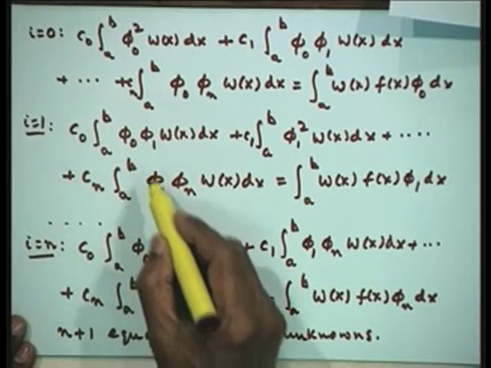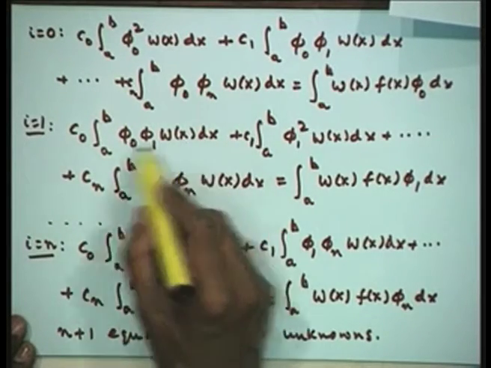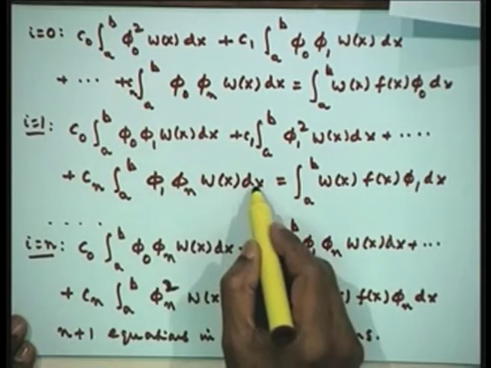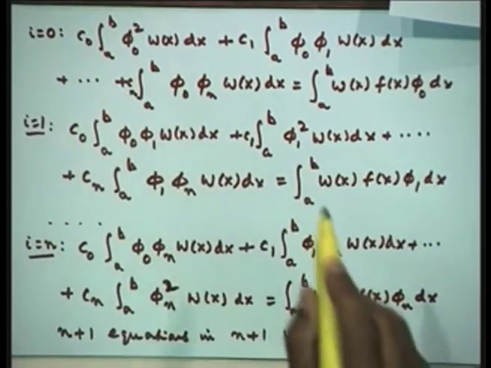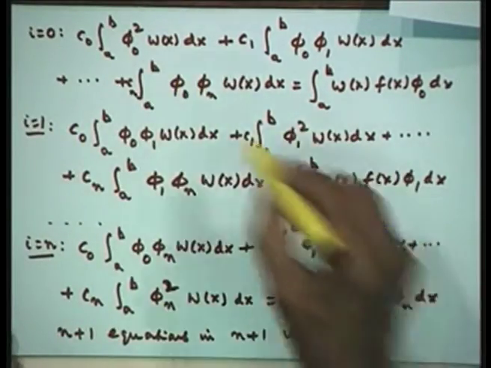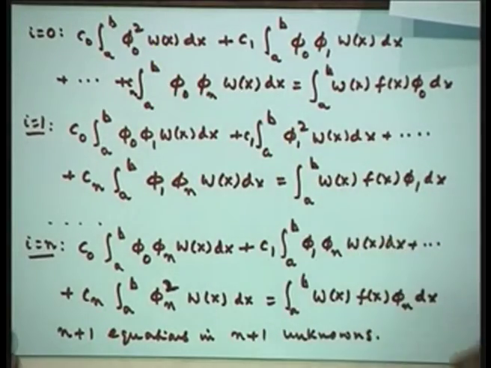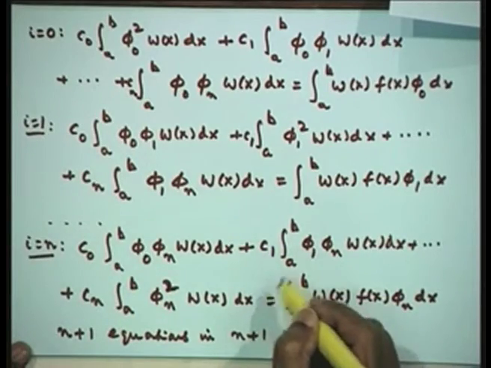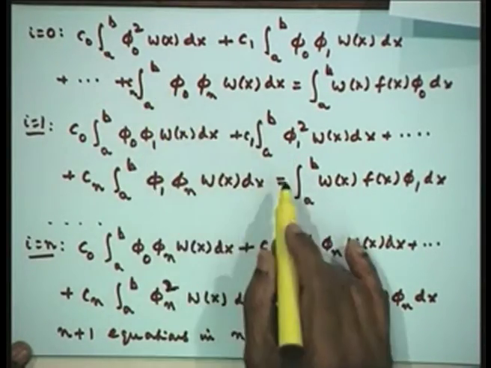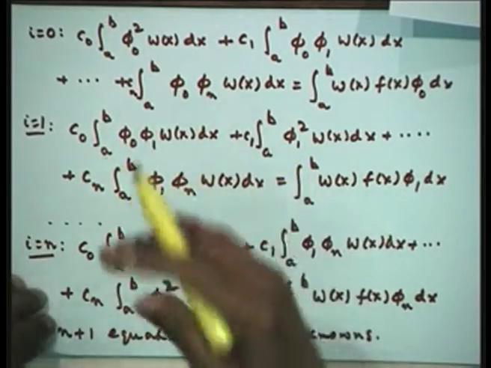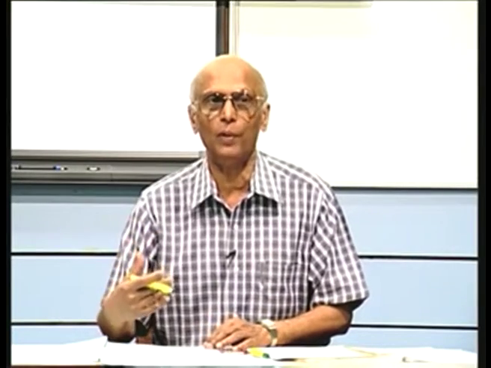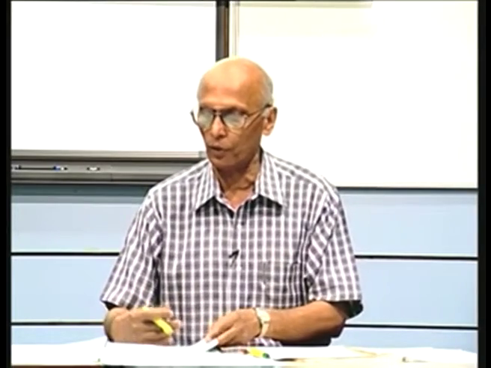Go to the next equation. By definition again, phi 0 phi 1 w x integral is 0, this integral vanishes. Therefore, if you look at this as your matrix, except for the diagonal elements, all the off-diagonal elements are going to be 0 because of the orthogonal property. Therefore, I can immediately determine my C i's without solving a system of equations. The trouble in the previous case was that we were solving a system of equations which turned out to be ill conditioned. Here there is no question of solving the system of equations.